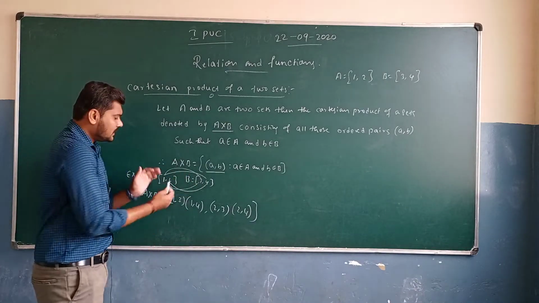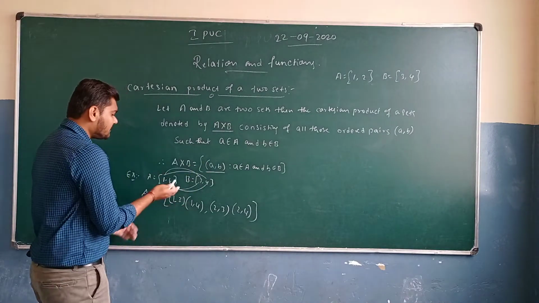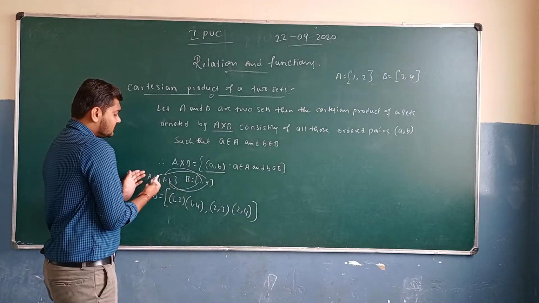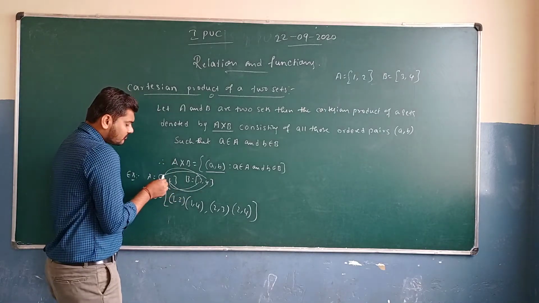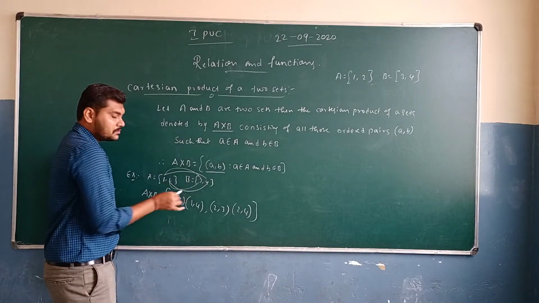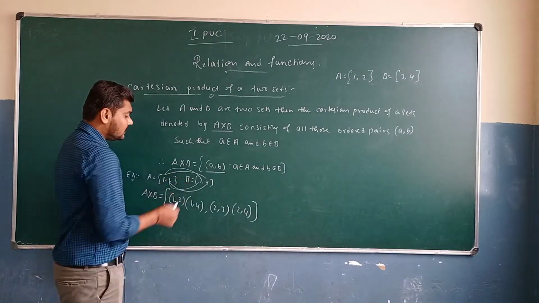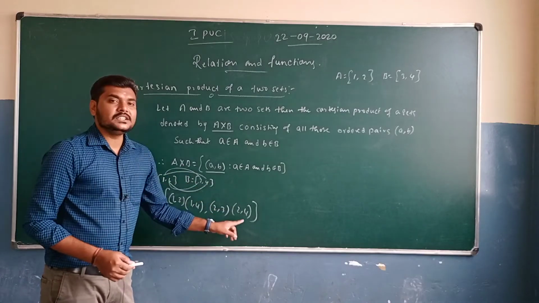But I have taken only the two elements because at the beginning of the concept, or the beginning of the definition, it must be in a smaller way because it is easiest to understand the concept. So I am just taking the elements present in set B consisting of only two elements. So then it's going to be 1 comma 3, that's going to be the first ordered pair. 1 comma 4, that's going to be the second ordered pair, and 2 comma 3, that's going to be the third ordered pair, and 2 comma 4, that's going to be the fourth ordered pair.